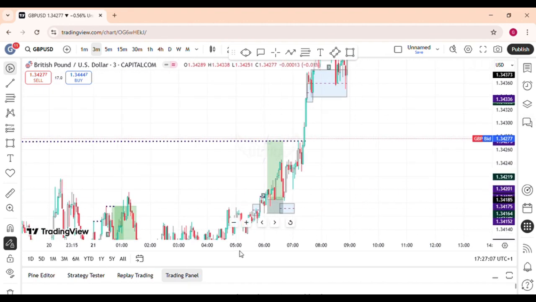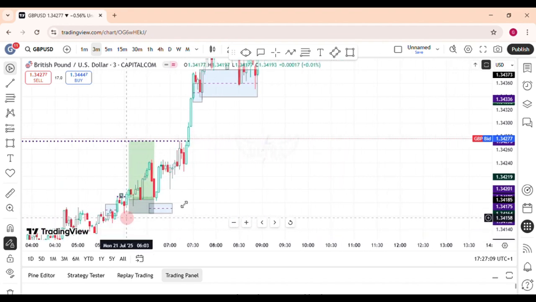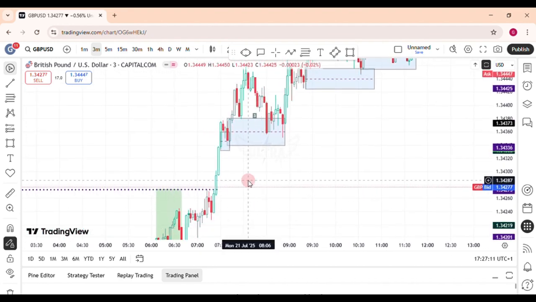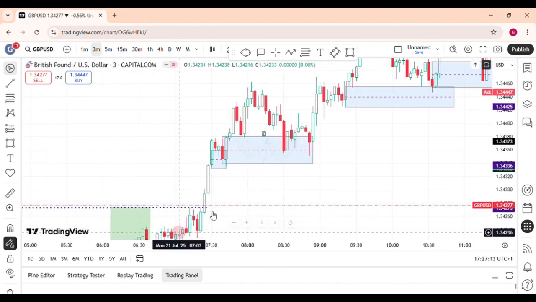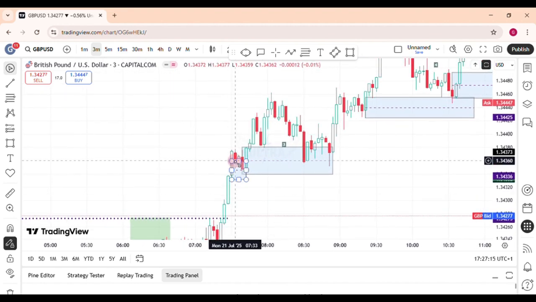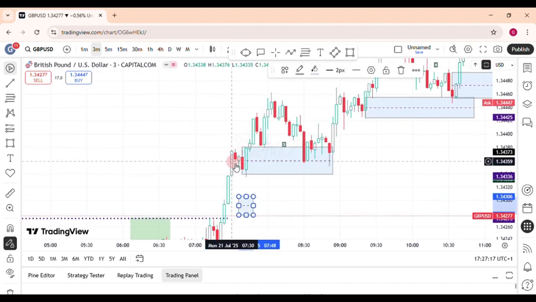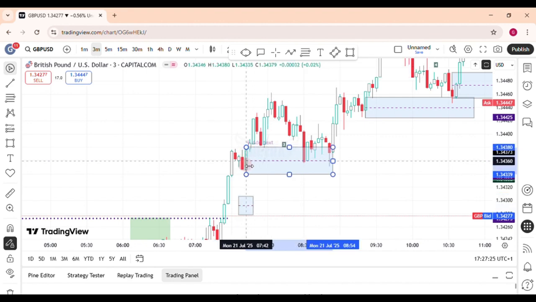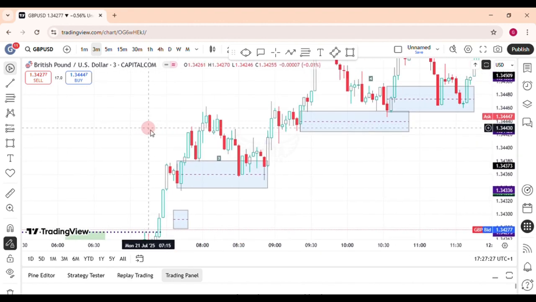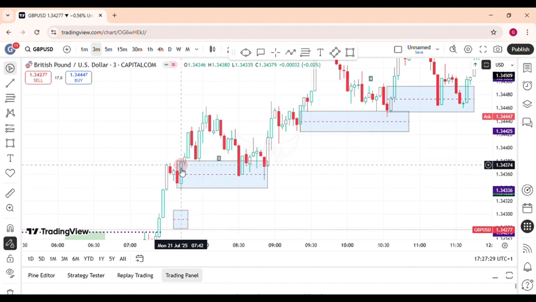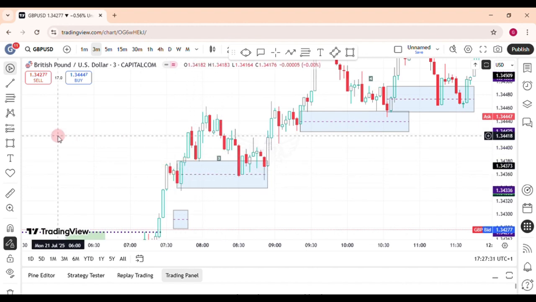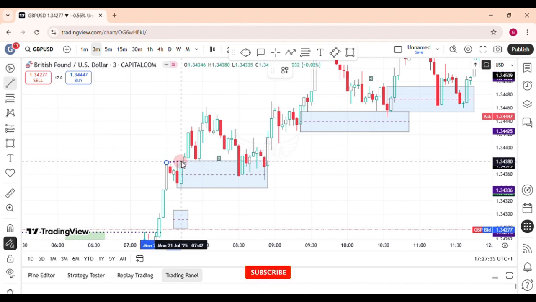The next trade is our trade number 3, and our trade number 3 is also a bullish trade coming from a previous fair value gap right here. We have a fair value gap right here that the market reacted from, and we also have a break of market structure right here. Let me show you guys the break of market structure here. We have a break of market structure right here,